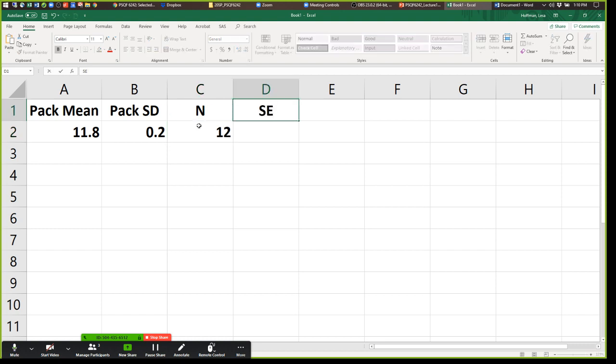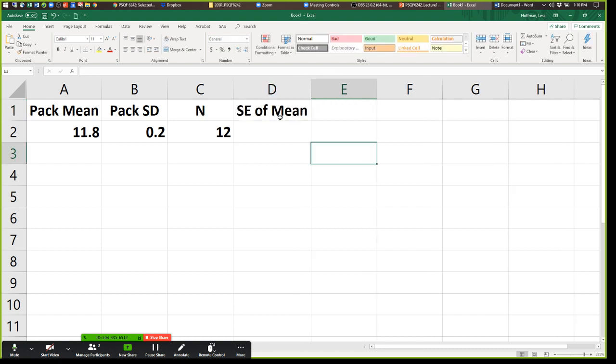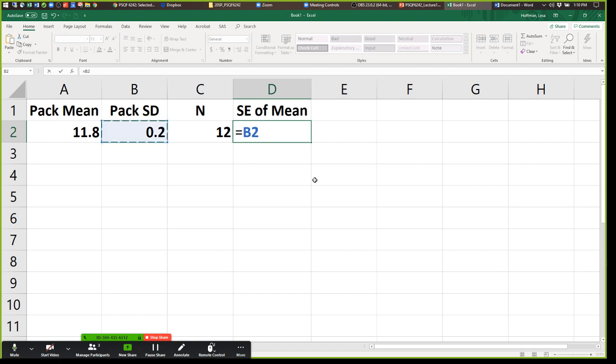Standard error of the mean. I'm going to say it this way because SEM means a whole bunch of different things depending on which class you're in. How do I calculate that? What's on top? I said you don't have to memorize formulas. I'll give it to you. It's standard deviation of my sample divided by